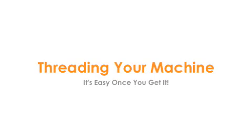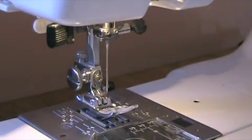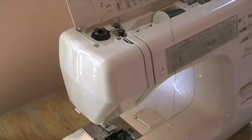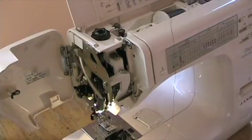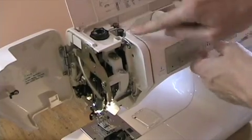Threading the machine itself. The first thing I do is raise my presser foot lifter and make sure my needle is in its highest position. I'm going to open the door here to expose the threading process more clearly, but it's not necessary once you're comfortable. The next thing I do is wrap my thread around the front thread guide, bring it down this channel,